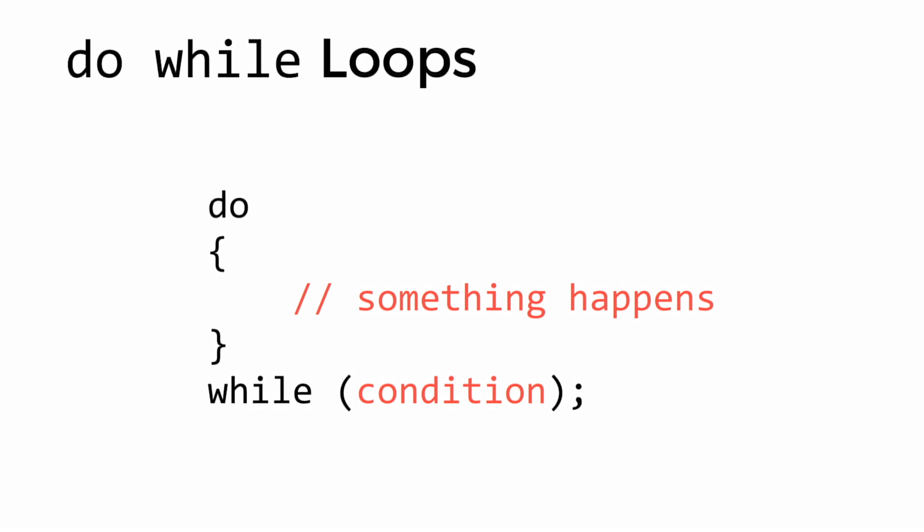But in Mario, we know that we're always going to run this loop at least once. We always want to prompt the user at least once to type in a height, and if the height is invalid, then we might end up prompting the user again. So to do that, we might try to use a sister of the while loop, the do while loop. Very similar in spirit, the only difference here is that we're always going to run this block of code at least once, and then we're going to check the condition. And if the condition is true, then we're going to run this loop again and again and again. So how could you actually use a do-while loop?